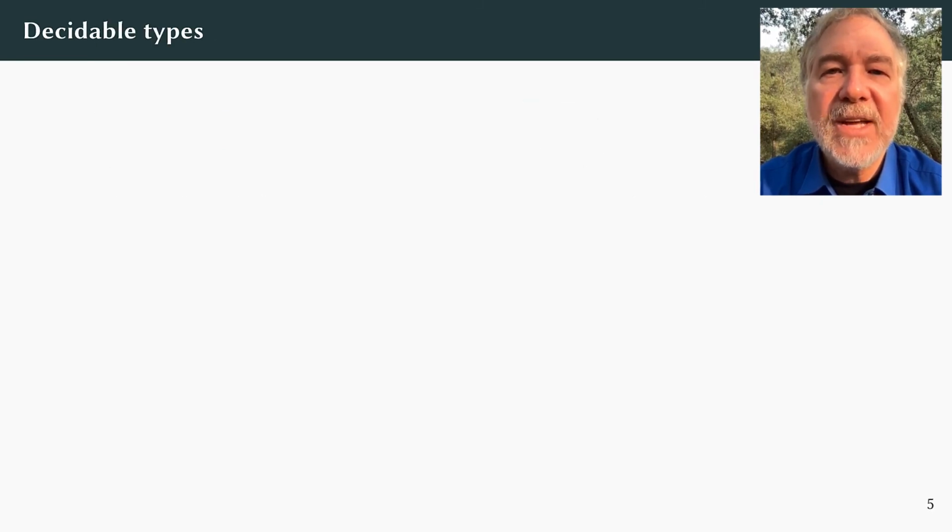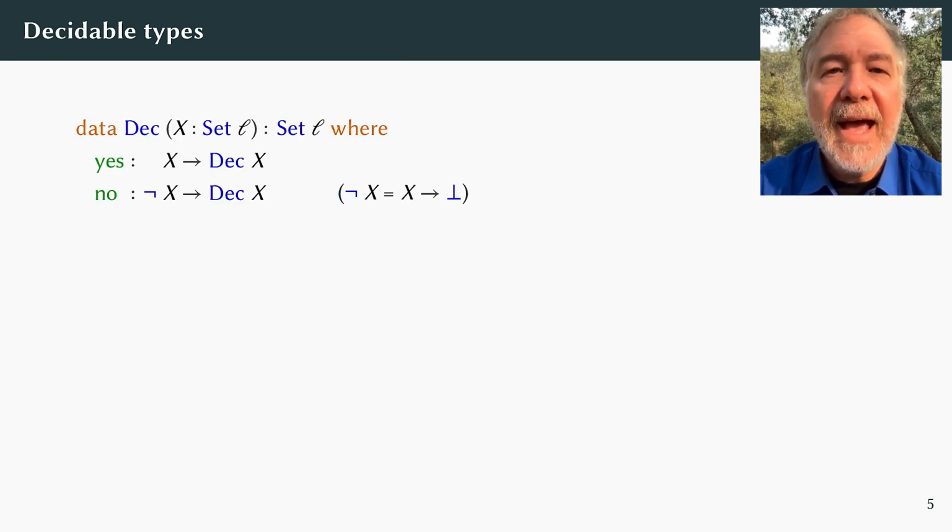Given a language and a candidate string, we can apply the language to the string to yield a type of proofs that the string is in the language. Now we want to construct such a proof, or show that one cannot exist, and we can express this goal as a decision data type.